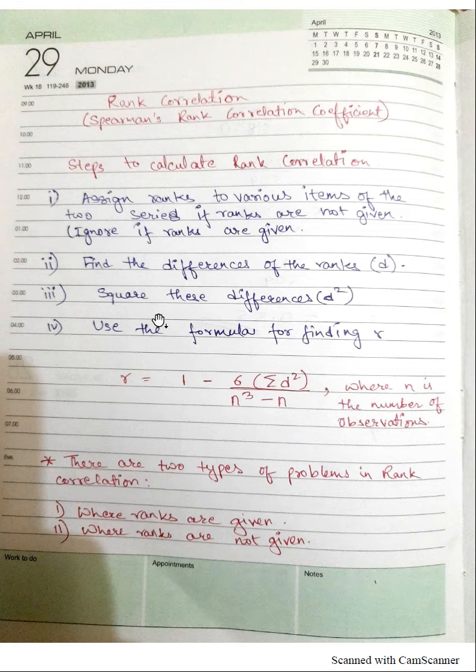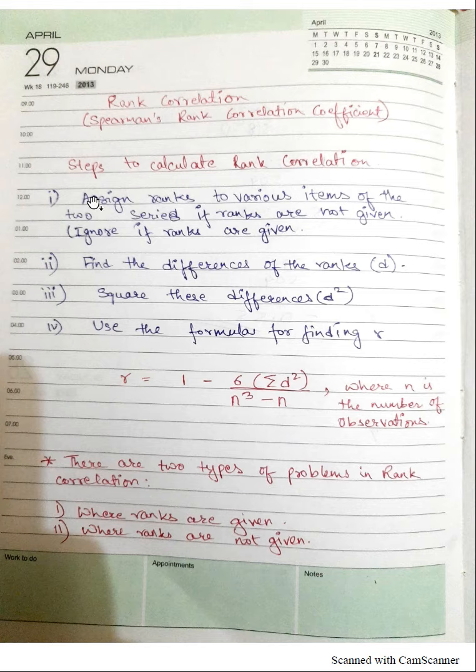If the ranks are given, you avoid the first step, you straight away proceed to the second step. And if the rank is not given, then what you do,